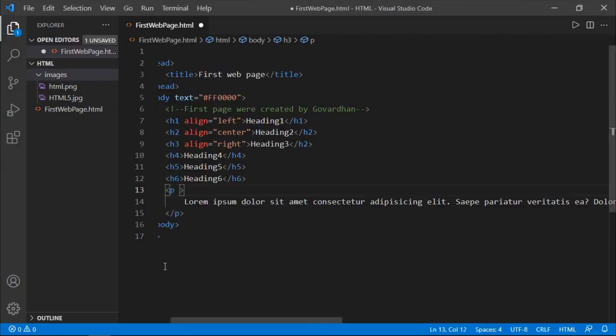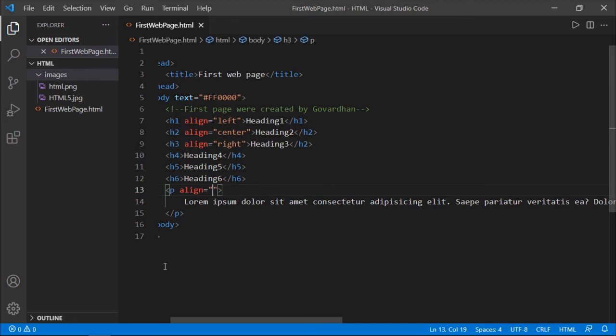For the paragraph tag we have an attribute called align. For the align attribute we have 4 values: left, center, right, and justify.